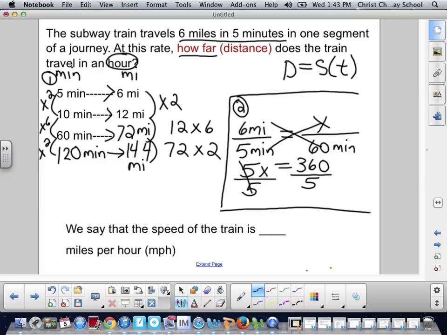Hopefully you figured out that 360 divided by 5 is x equals 72. So again, we say that the speed of the train is 72 miles per hour, or mph is another way of writing that. So you can see that it's written, you can also write it this way, 72